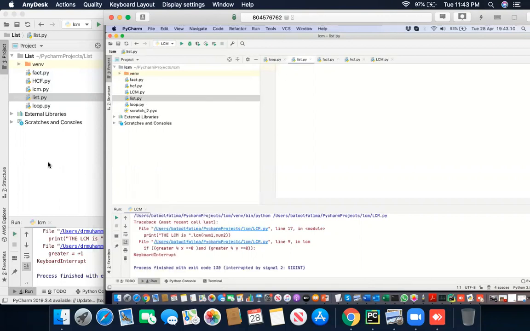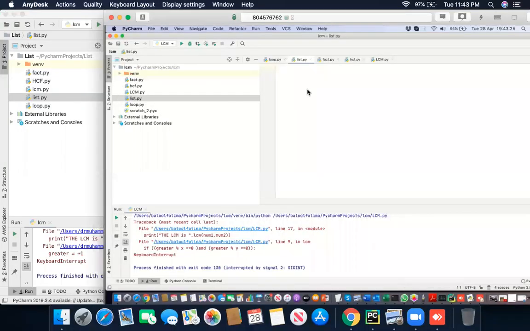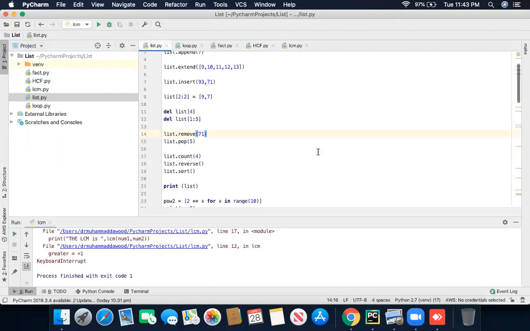I'm going to send you the program on WhatsApp, or do you have an email ID? Not yet. Okay, so I'm going to send you the whole program on your WhatsApp. I guess it doesn't allow us to. Can you do it on my dad's? Yes, sure, I will. That will show you how to remove, insert, and extend the list.